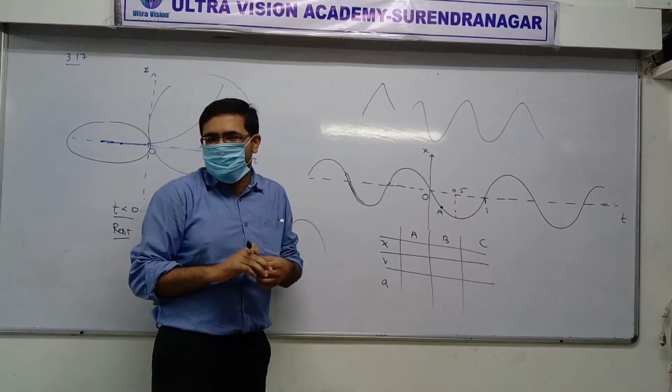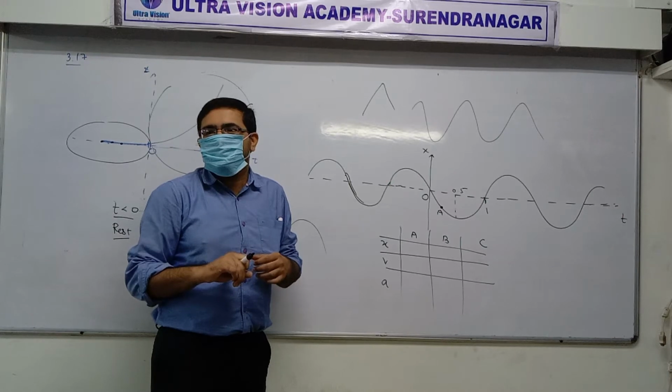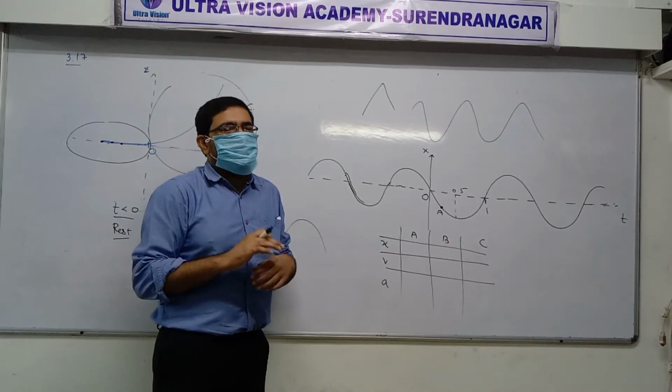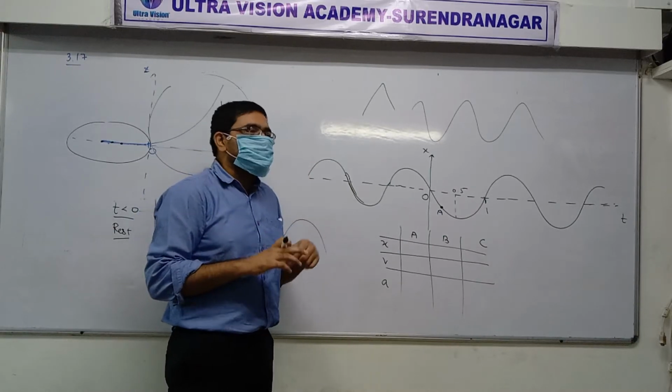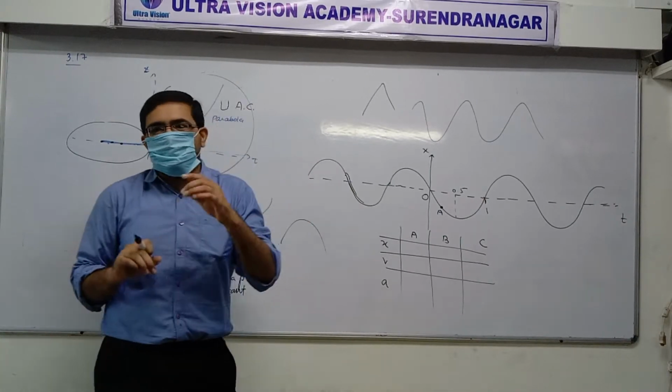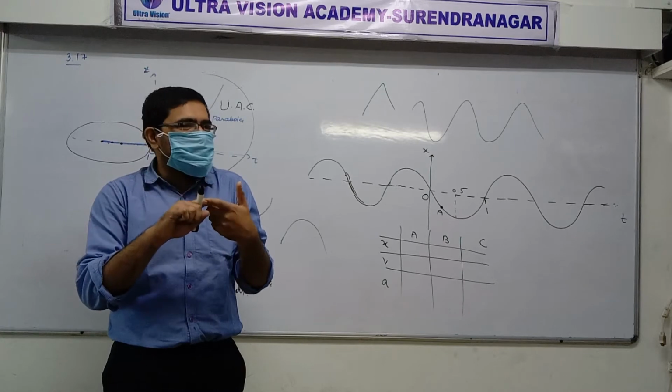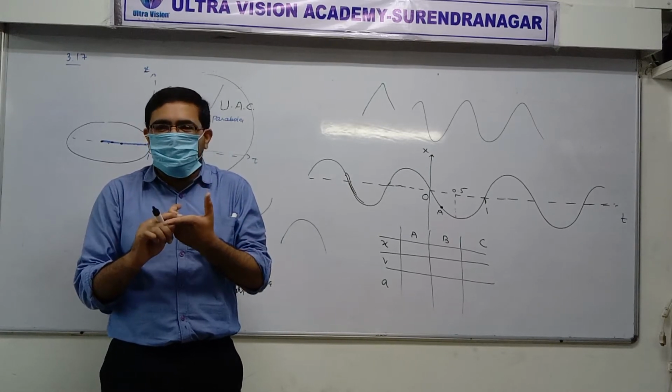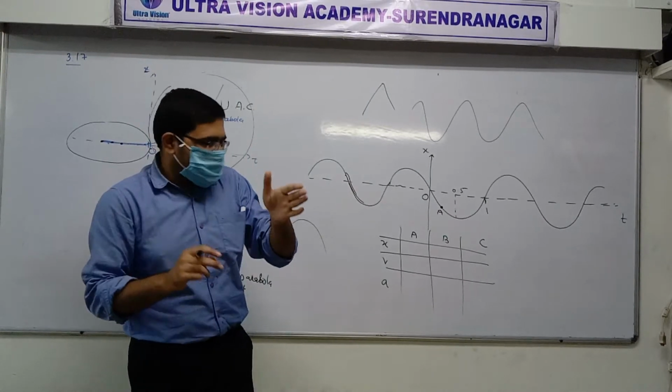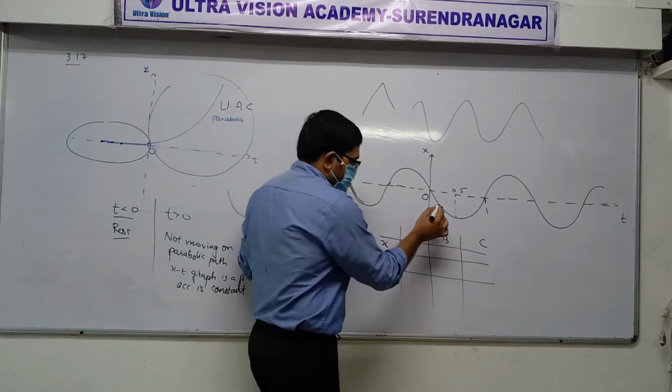Yes, Amma? Sir, because downside of the axis it is negative, so position will be negative. Correct. Therefore, the answer is right, but the reason is wrong. That's why I am asking for reasons, because there are only three choices: 0, positive, or negative. I don't want anyone to be able to guess it. Sit down. The correct answer is this here.